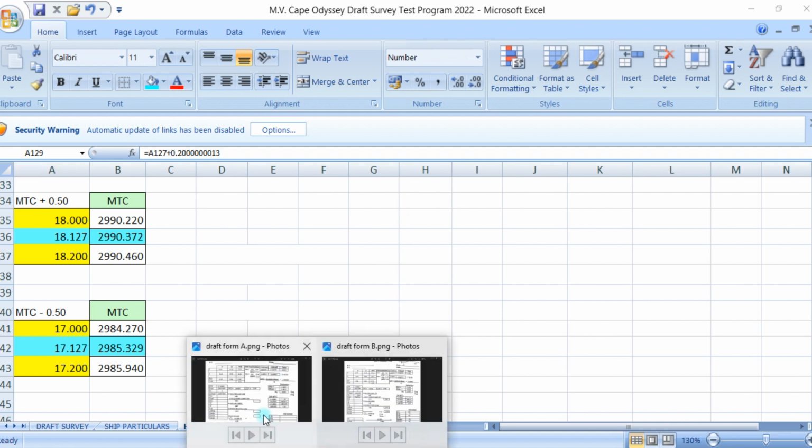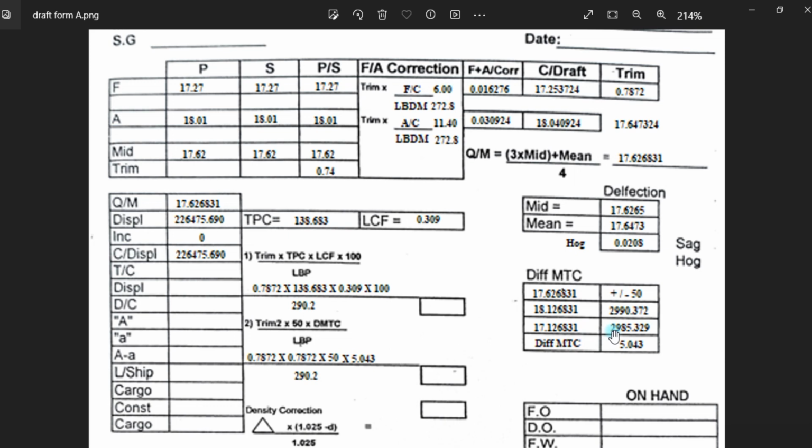2985329. And here it is, 2985329. Okay, so deduct from the higher to the lower, and you get a difference of MTC of 5.043. Later on, we will use the value of this difference of MTC. Okay, so there's another way of getting this